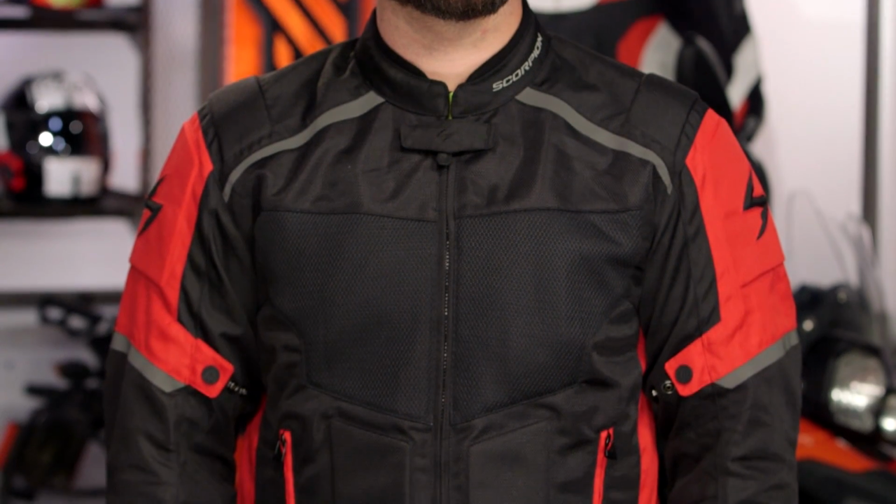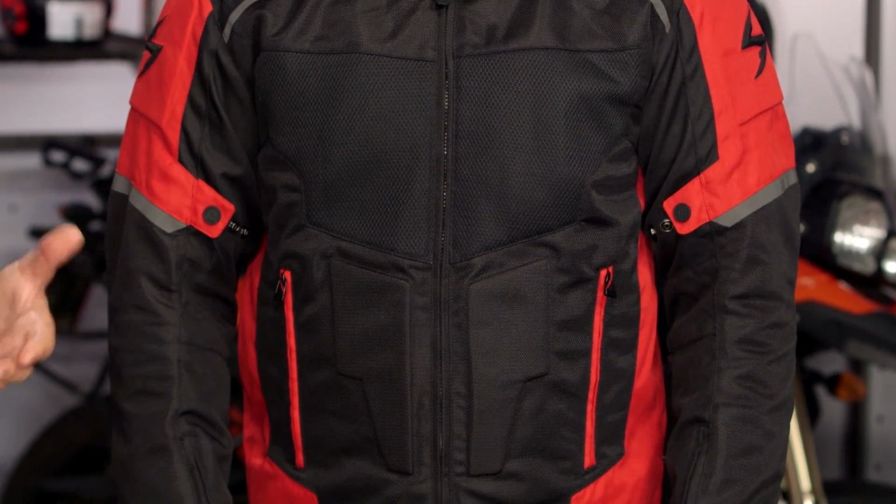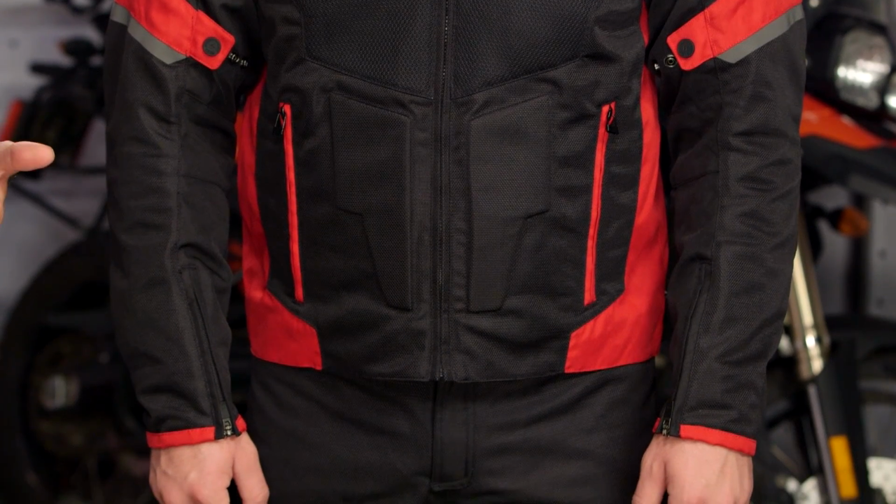So with the Influx Jacket, this is two-season hot weather riding, and this is going to be a step up from what we've seen with something like the Drafter 2. So if you're looking at the Drafter 2, very quick bullet points as to the step up for this one. You're getting now SASTEC CE Level 2 armor. You're getting creature comforts like accordion stretch for more mobility, and this is also going to give you just refinement